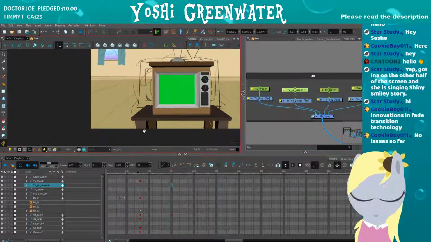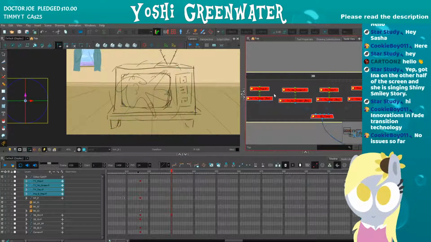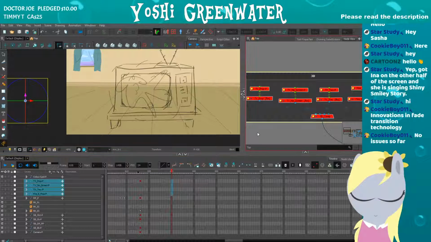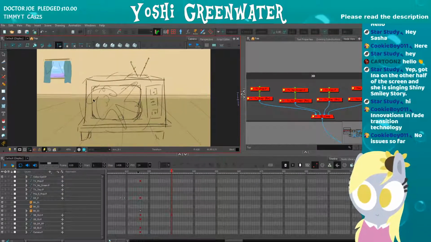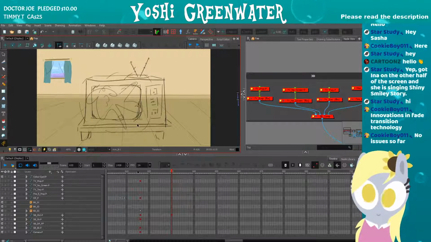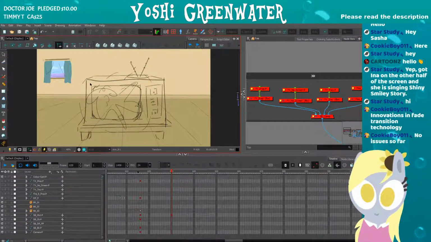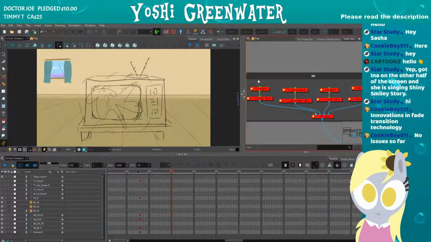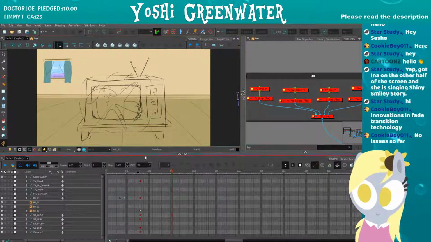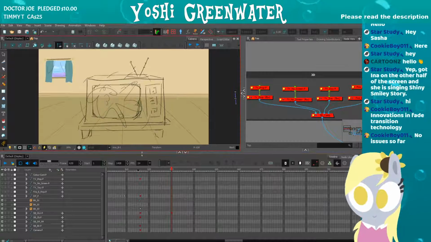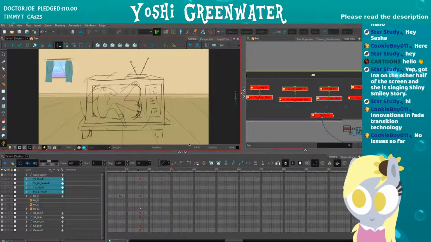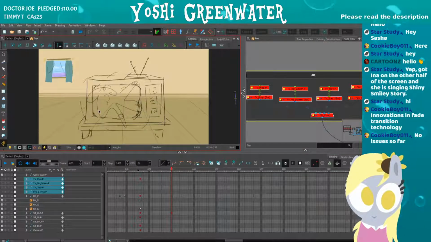So when it explodes, I want to time it so that when it explodes, the TV 3D model swaps. I'm not going to quote-unquote animate it to have the screen explode. I'm going to have it swap to a different model as it explodes, so it can have a different version of it, and you'll see. So at least for right now, I'll say that the timing is, it's got to start exploding here, so